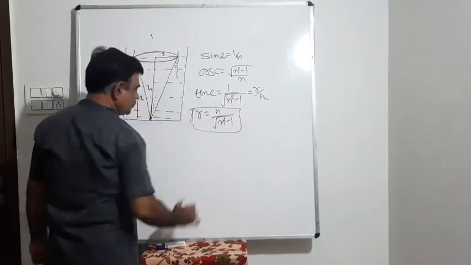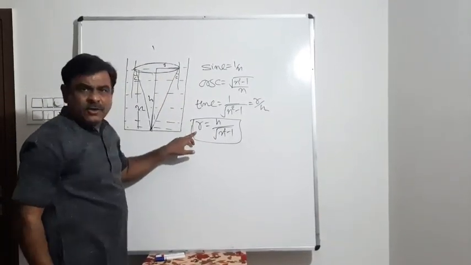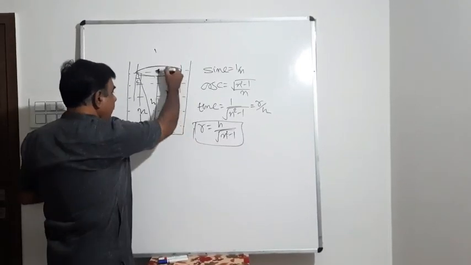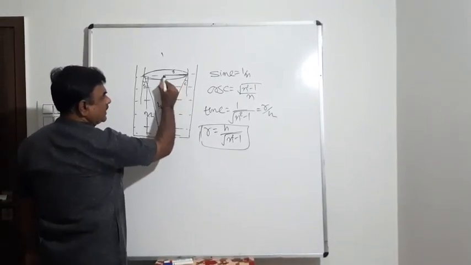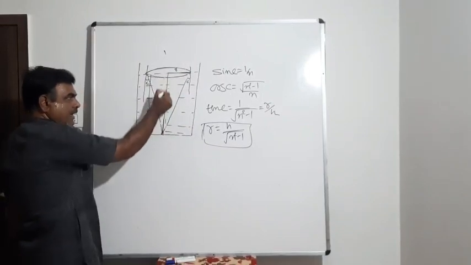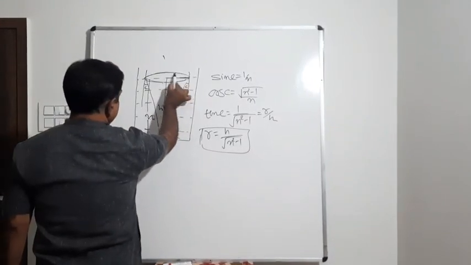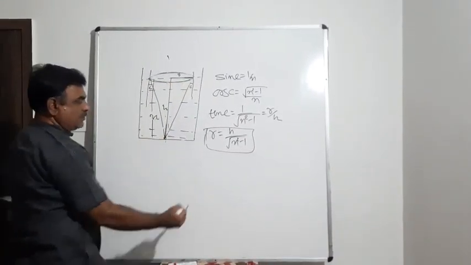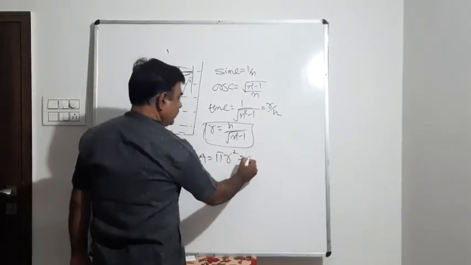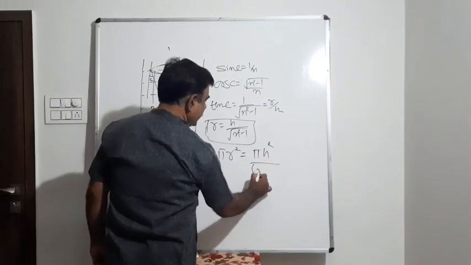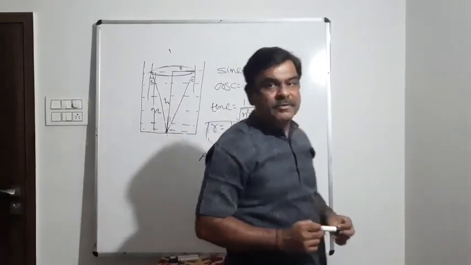This is one concept you are supposed to prepare. This gives the relation between r, that is the horizontal distance on the surface of the denser medium, and h, which is the depth of the denser medium. r is the horizontal distance up to which the object is visible on either side, and h is the depth. And see, the spot is visible in this part. So can you say that the area up to which the spot is created is pi r square? That will be pi h square upon n square minus 1. In this area, this point-like object will be visible.